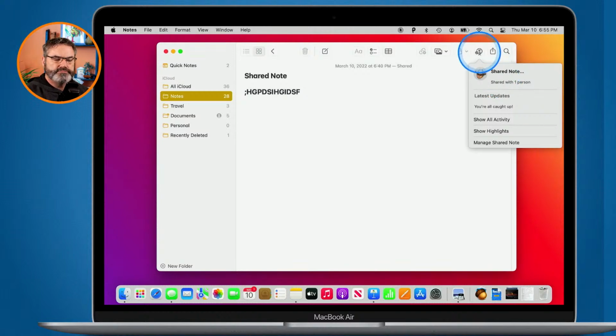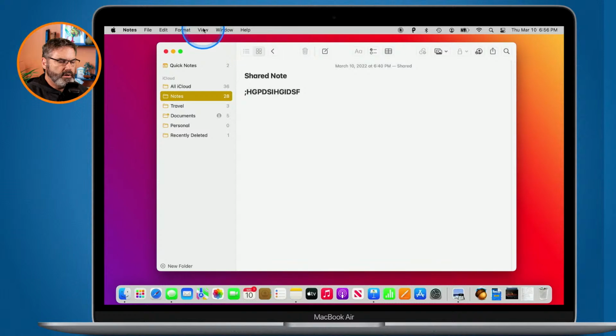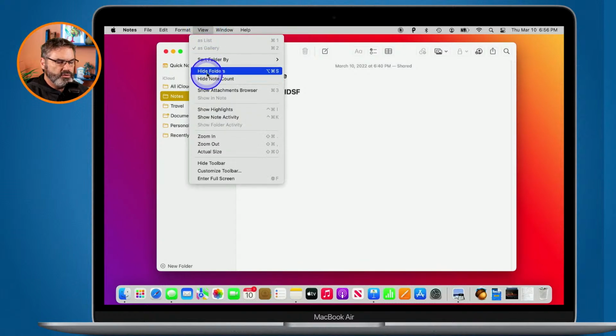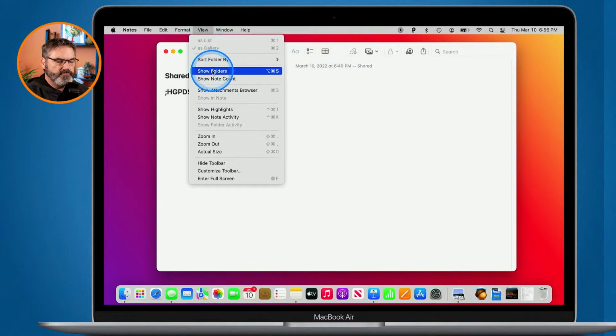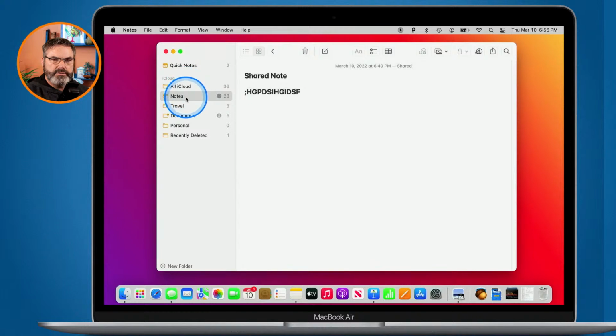I'm in iCloud Notes, but I don't see that list that you have on the left. All I see is a bunch of notes. So what you want to do is go up under View and show the folders. And now you're going to see the folders. On the iPad,